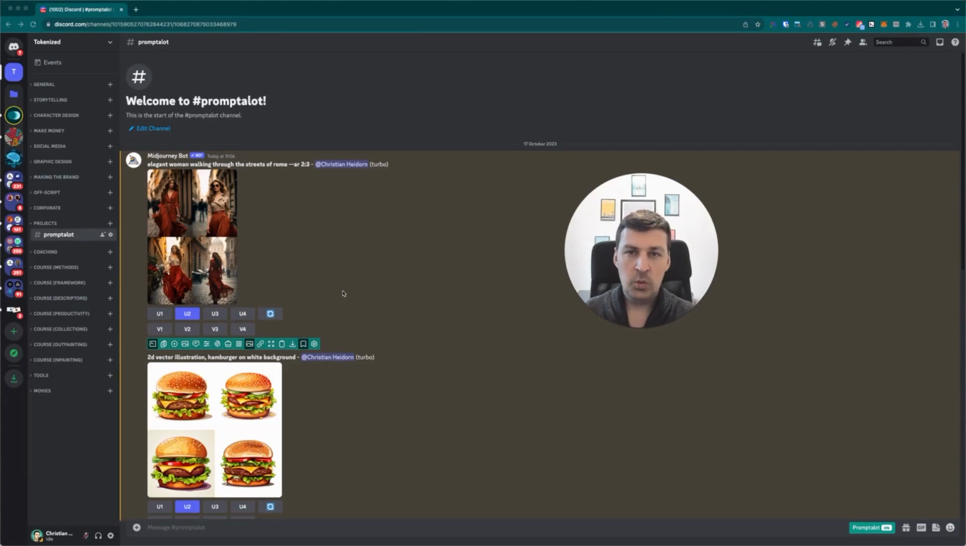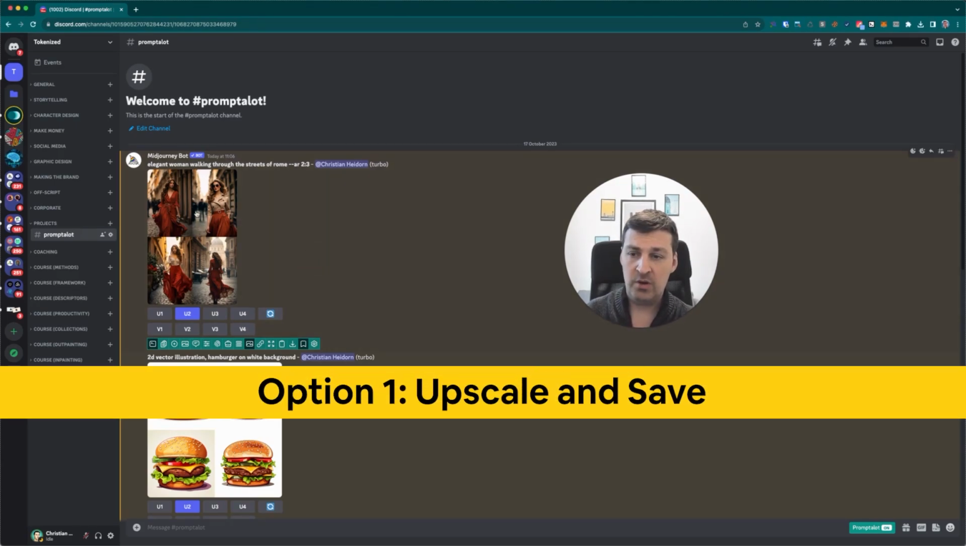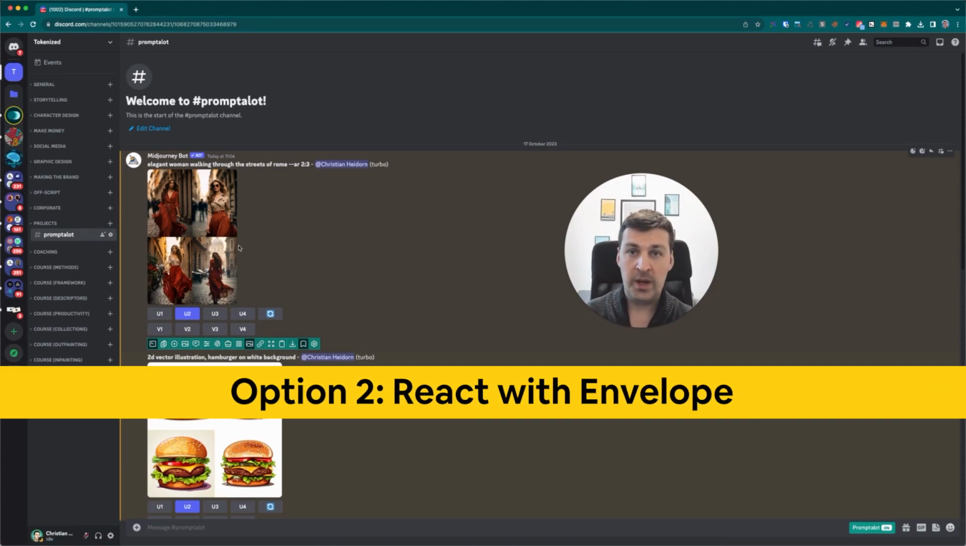annoyance. So let's say you want to get your hands on one particular image within a given grid. Or maybe you even want to get all 4 of the images of a grid, but as individual files. Right now, you essentially have 2 options. You can either upscale each one of the images or the one that you need, then download that image or open it up in a new tab and then save that image, or you can react with the envelope icon,